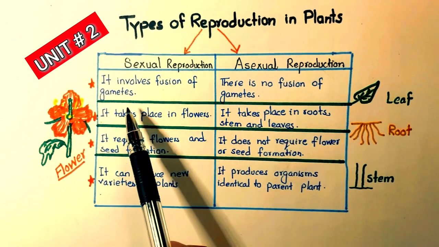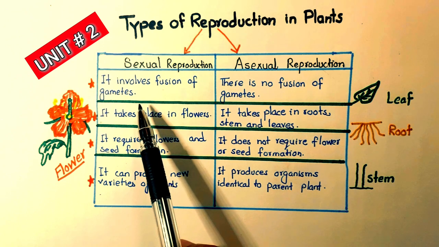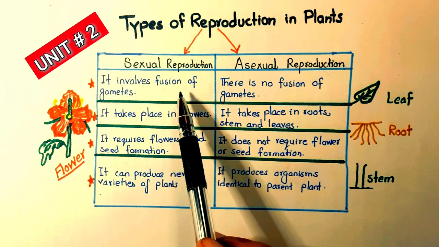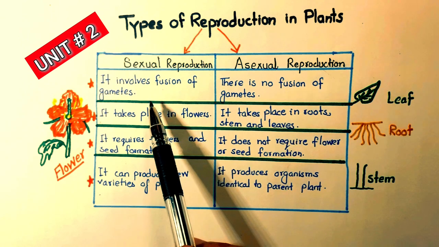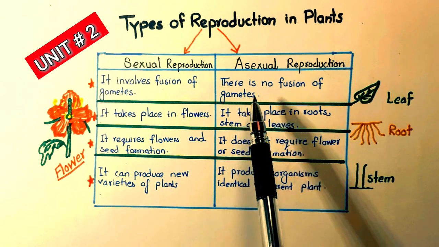It involves fusion of gametes. In sexual reproduction, there is involvement of gametes, there is fusion of gametes, there is gamete formation, pollination, and then seed formation. So all these processes are in sexual reproduction, whereas in asexual reproduction there is no fusion